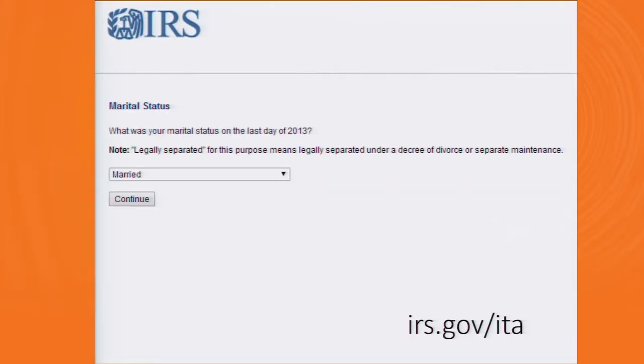Here's an example from the IRS. I actually worked on this project. It's called the Interactive Tax Assistant. There are about 15 or 20 tax law topics that you can go to, go through the interview, and it will tell you here. I think I was asking, do you need to file a tax return? It's kind of the starting question.